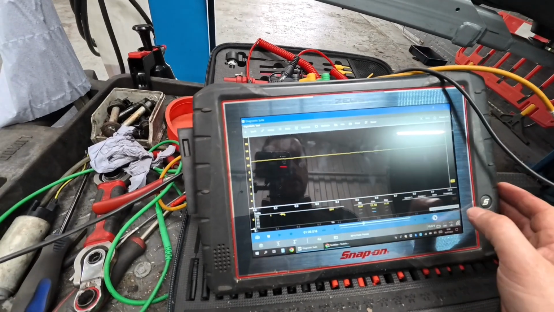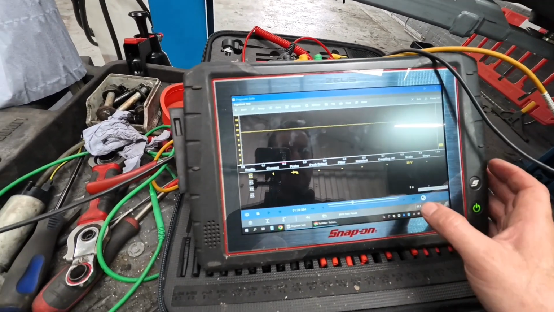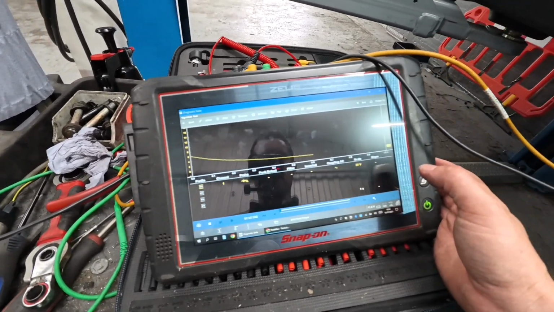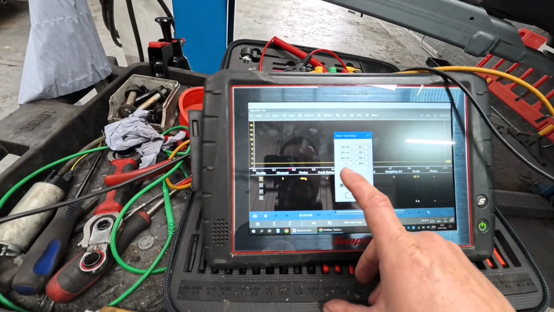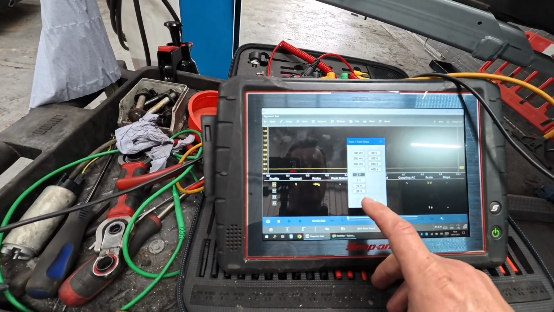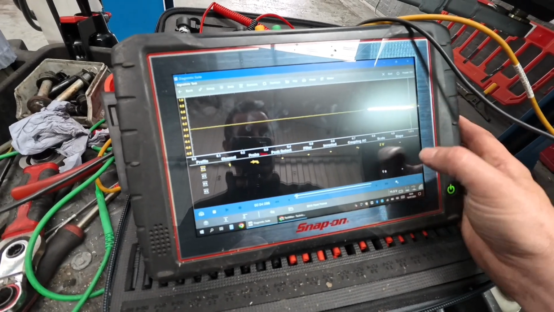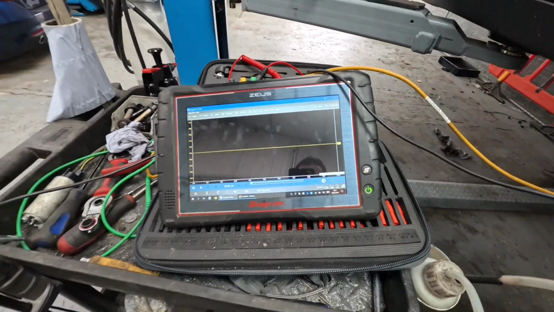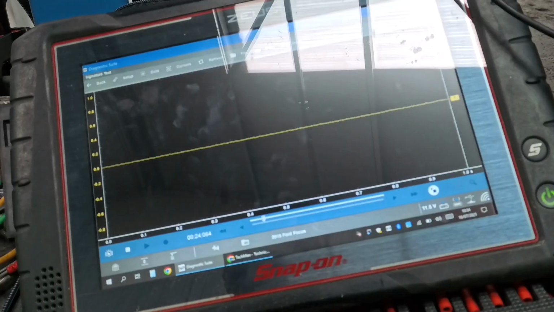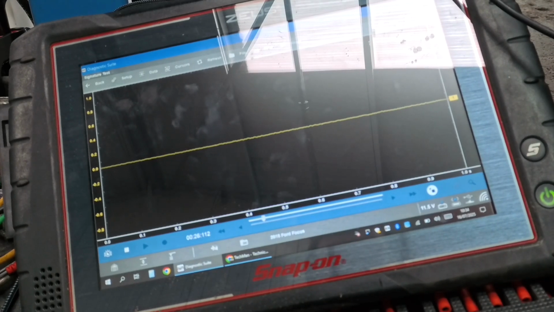What we're going to do with our oscilloscope is change that to AC coupling, put that down to, let's call it 2 volts for the minute. We'll move that up in the middle so you can see that better, and then I'm going to spin the wheel. So if I spin the wheel, what you'll see